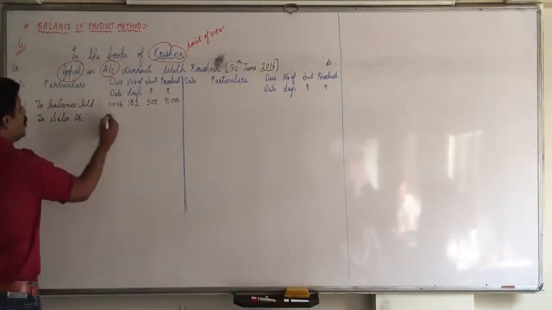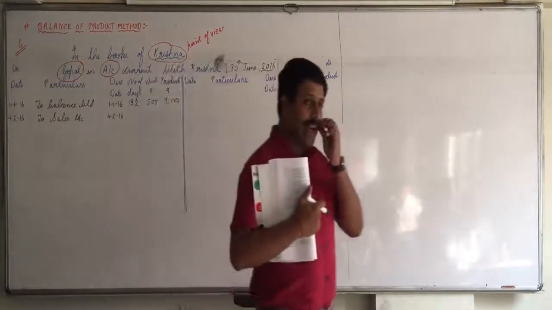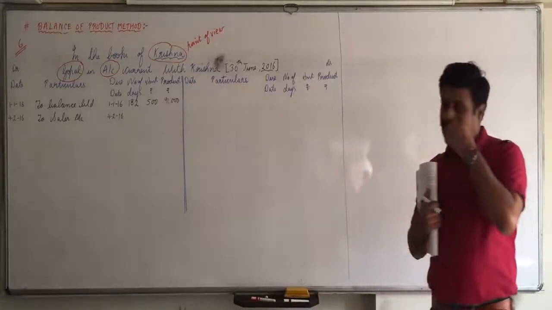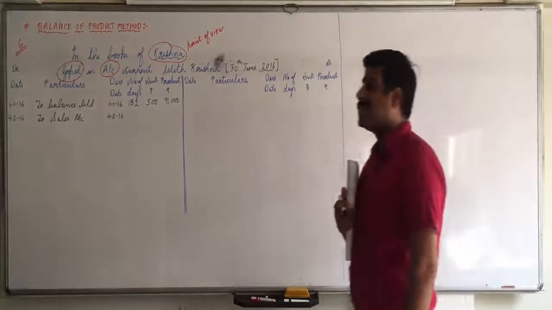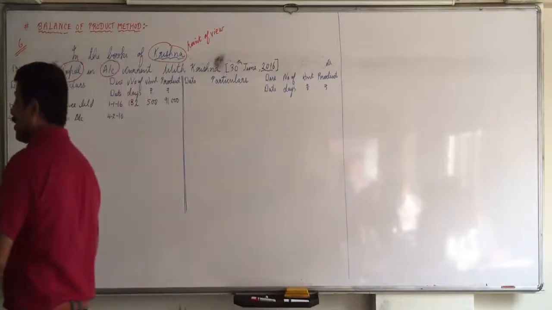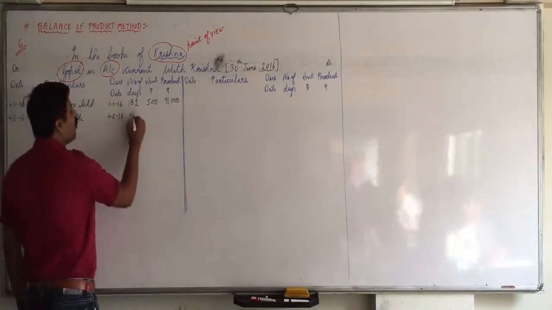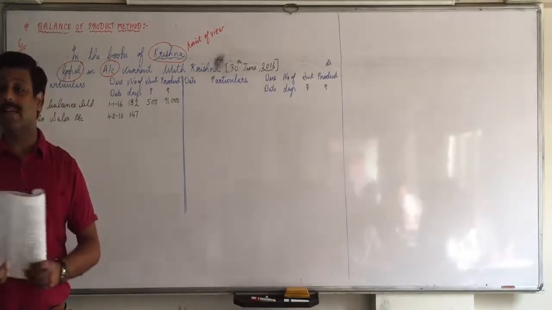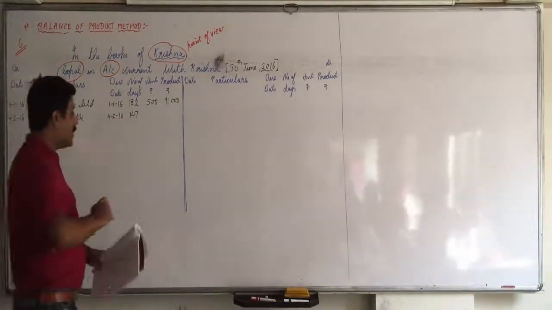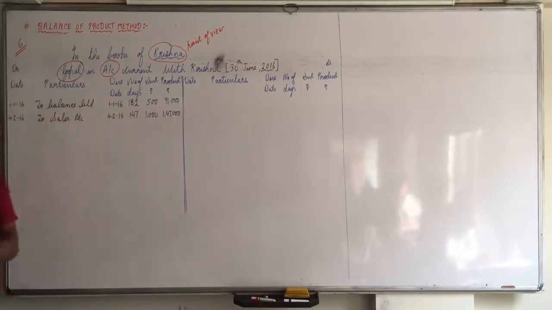No credit period is given, so due date is 4th February itself. Now 4th February will not be included. So do 29 minus 4, 25 days of February. Then plus 31 days of March, plus 30 days of April, plus 31 days of May, plus 30 days of June, 147. Did you understand this? Yes, who is talking in between? Please maintain silence. Pooja. Amount is 1000 into 147, so 1,47,000. Clear up till here? Yes, sir.